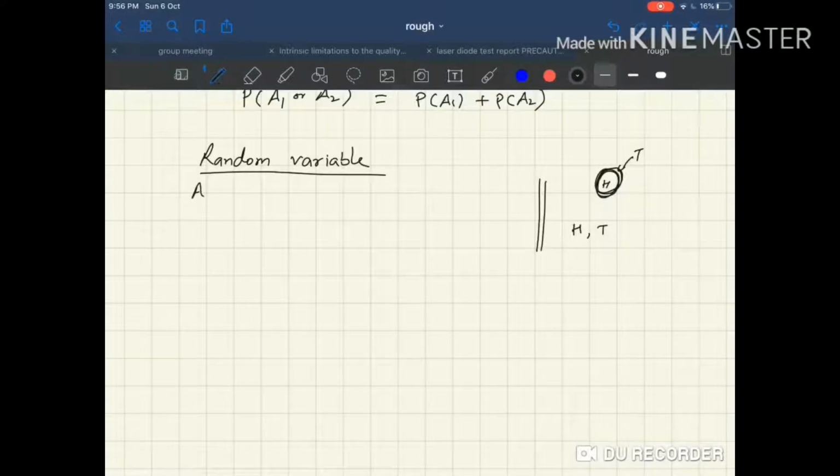Similarly, if you throw a dice, excuse me for my bad drawing, you have 6 possible outcomes. So that can be 1, 2, 3, 4, 5, and 6, for its 6 faces. So your experiment or your event can be anything, and depending on the type of your event, you have what you call in common language the sample space.